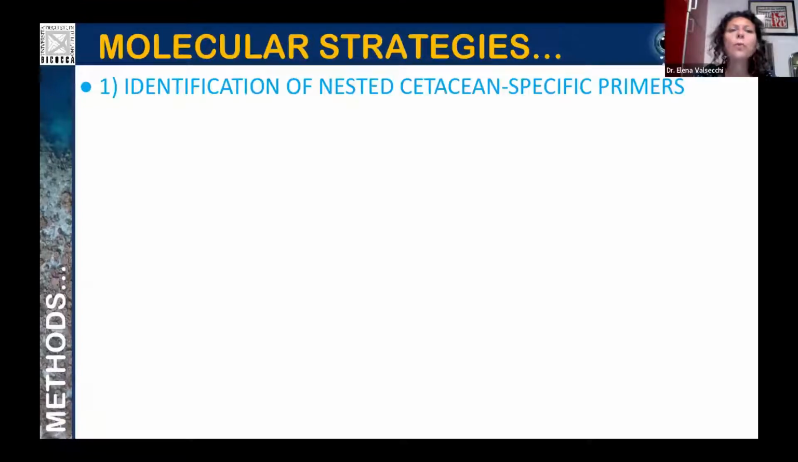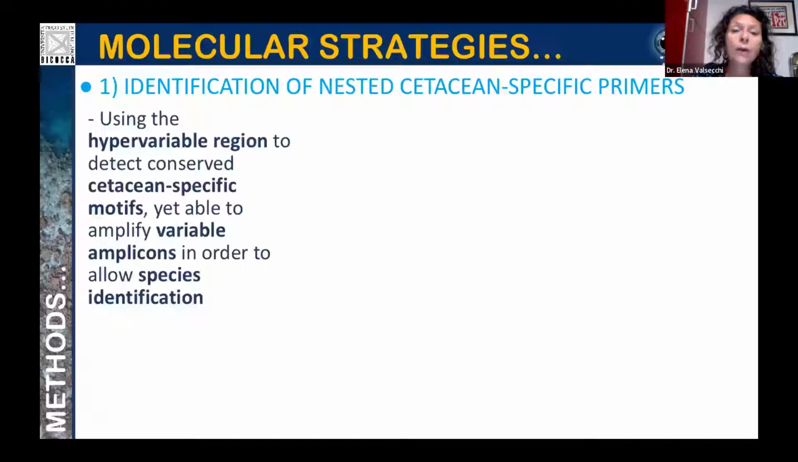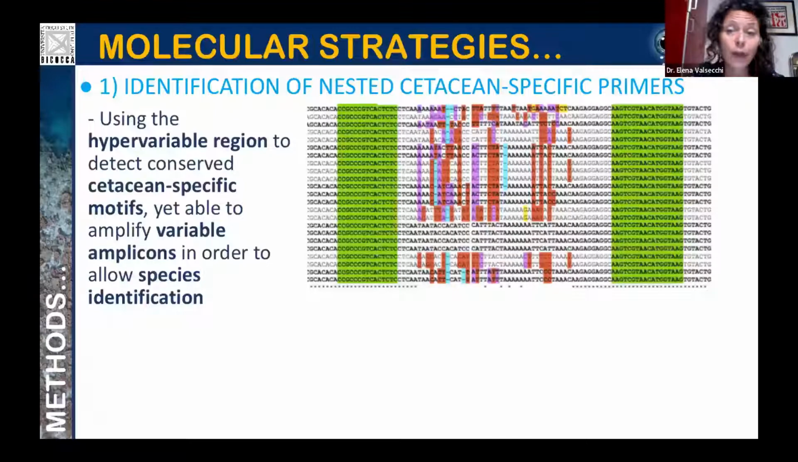Okay, the molecular strategies we adopted were 2. Well, first of all, the identification of nested cetacean-specific primers. So how does it work? This is the situation you might find if you align DNA sequences, and you can see in green are highlighted the priming sites where the